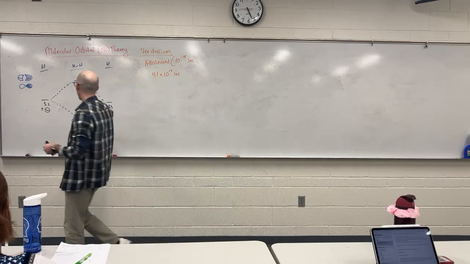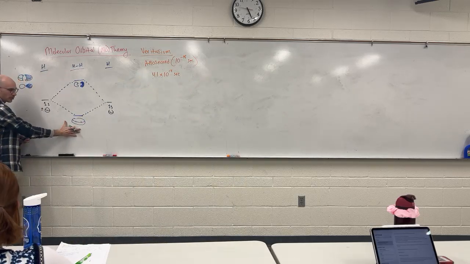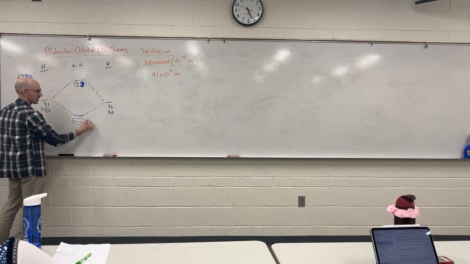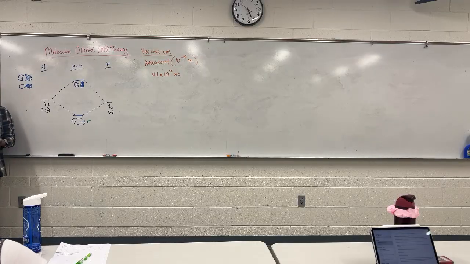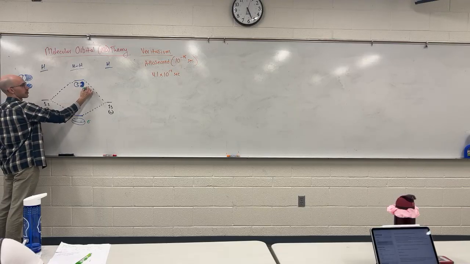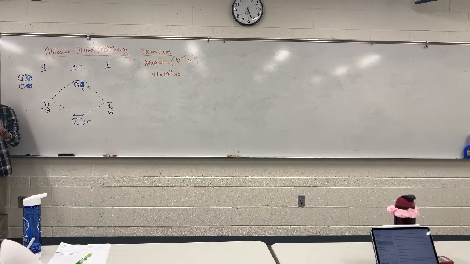This lower energy orbital is called sigma. That's its name. And the sigma orbital leads to a sigma bond. The high energy subtractive orbital is called sigma star, which is to indicate that it is the anti-bonding version of